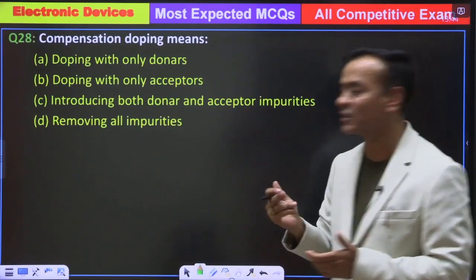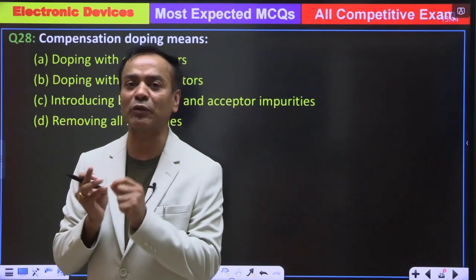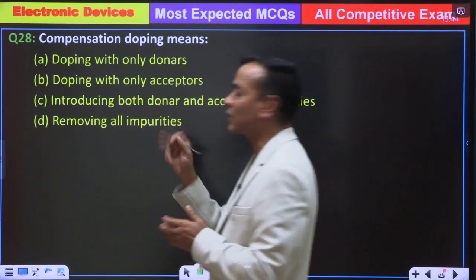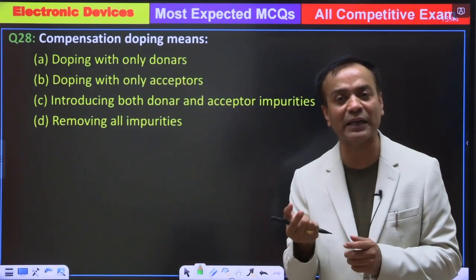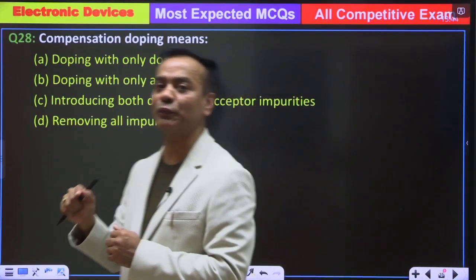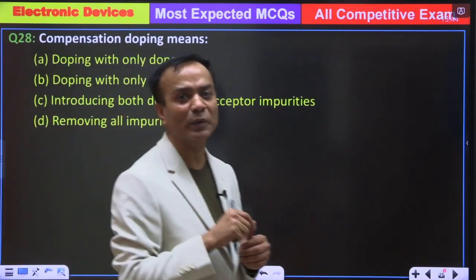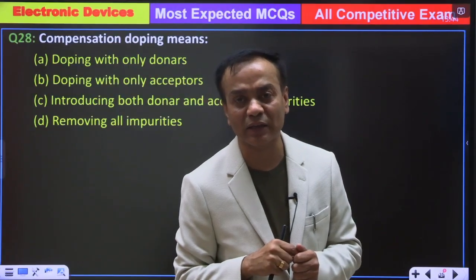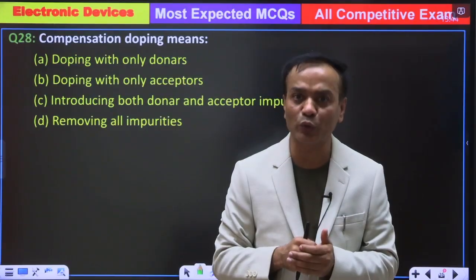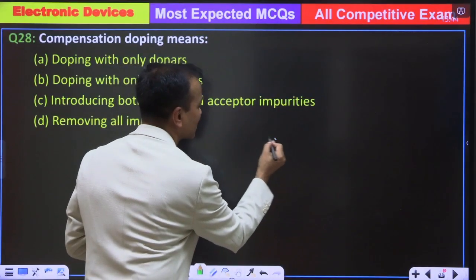So here compensation means, like earlier we had seen intrinsic semiconductor, so that will be either germanium or silicon or some pure semiconductor. But whenever we add pentavalent impurities, it transforms to an N type semiconductor. Or if we add trivalent impurities, then that intrinsic will transform into a P type semiconductor. When we add both types of impurities together, then it is called a compensated